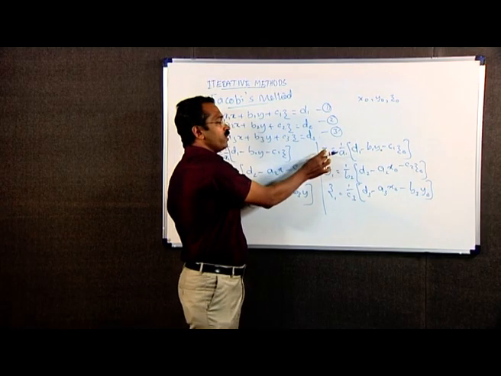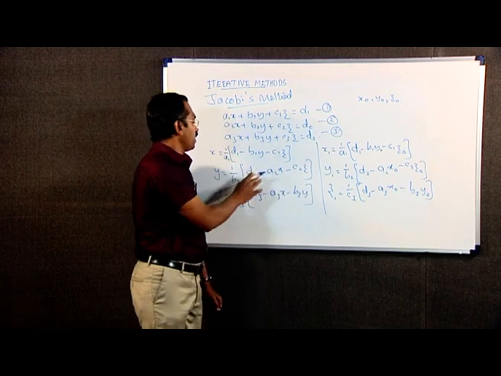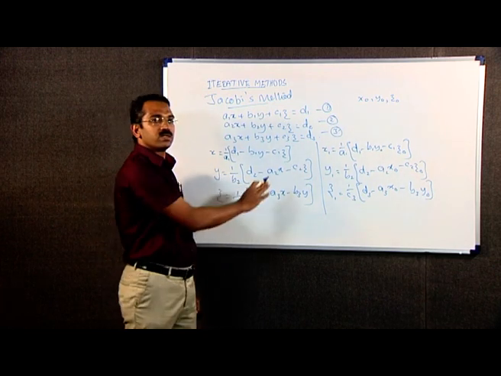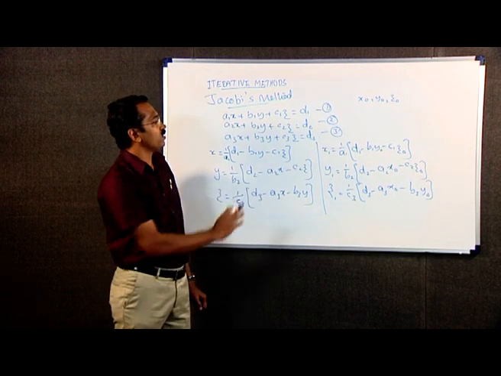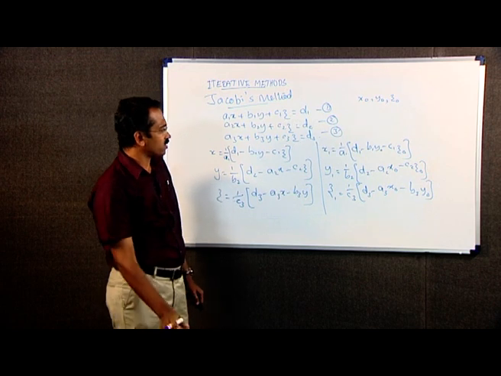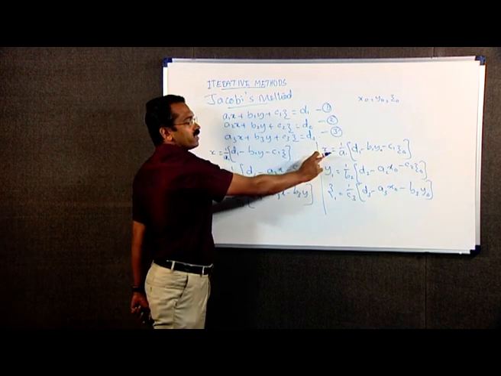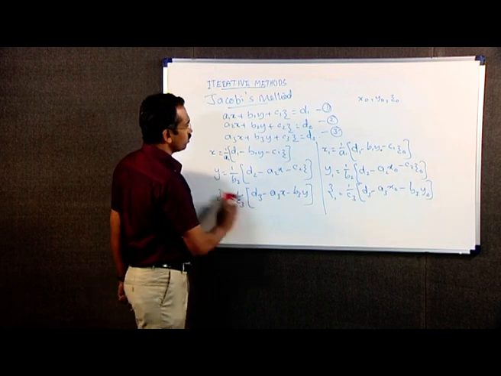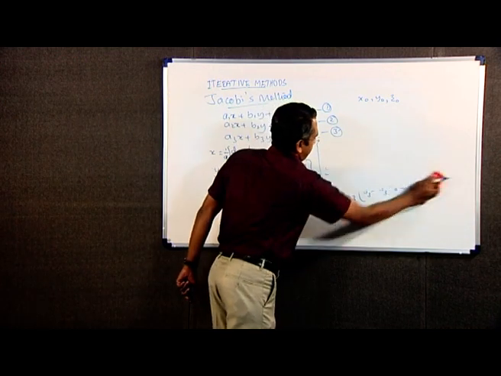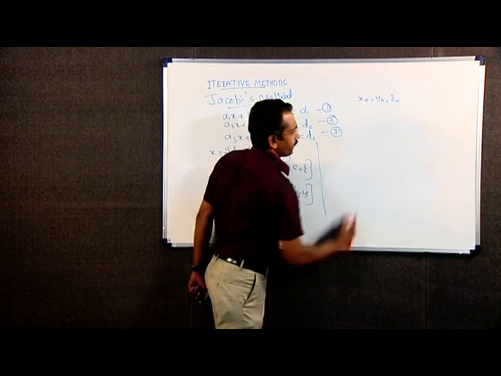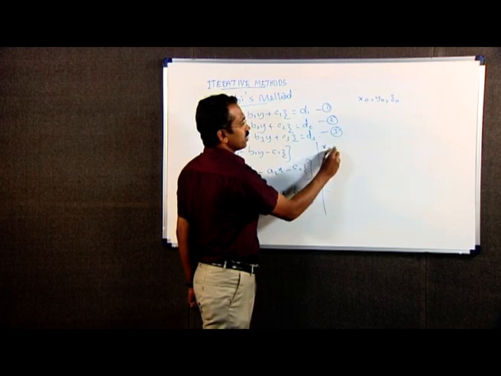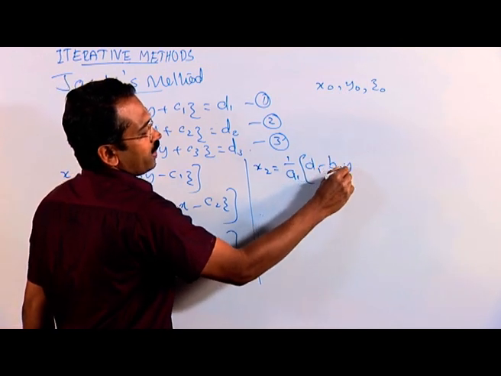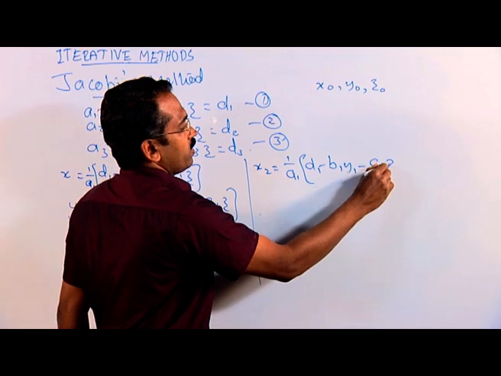Now, we will use these values in the same expressions for x, y, z respectively. We will get the second approximate values of the solution of the system. That is, if we put x equal to x1, y equal to y1 and z equal to z1, in the second iteration we will get x2 is equal to 1 by a1 into d1 minus b1 y1 minus c1 z1,